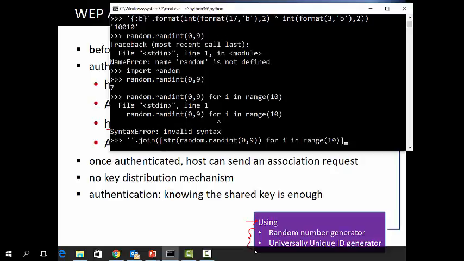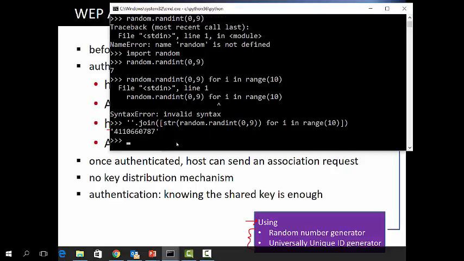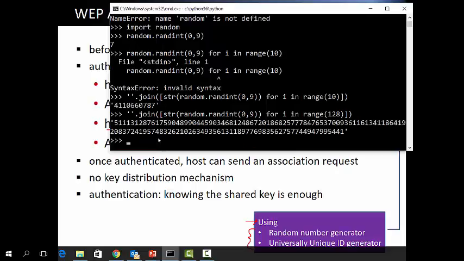This is the random call, open and close. This is the random number, and this is the for loop. And then simply close the join, then it returns that random number. So I have 10 random numbers generated, right? If I want, for example, 128 random numbers, I can generate 128 random numbers. That is my nonce. That's possible, right?